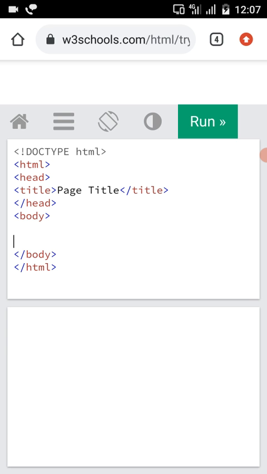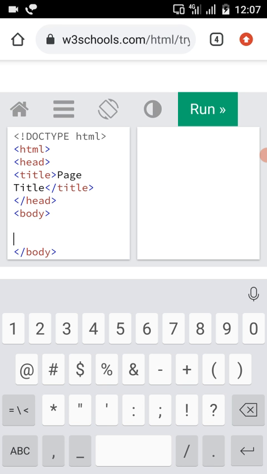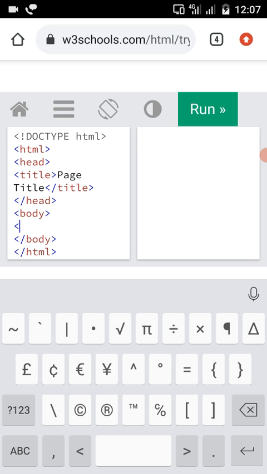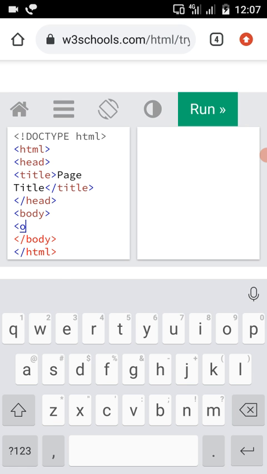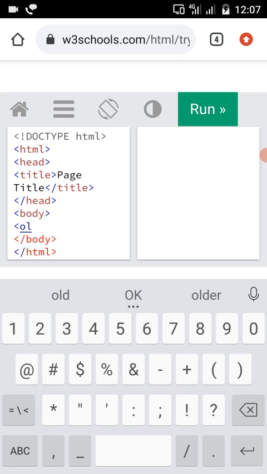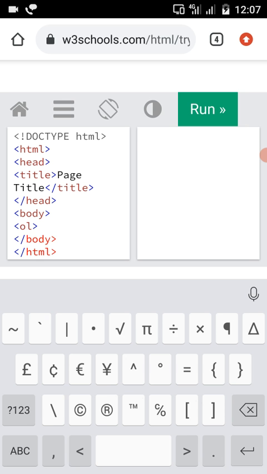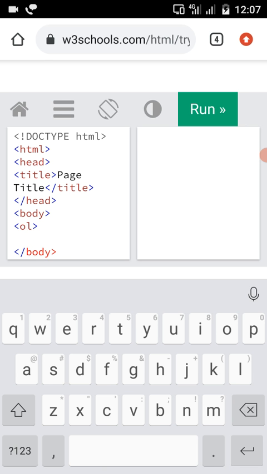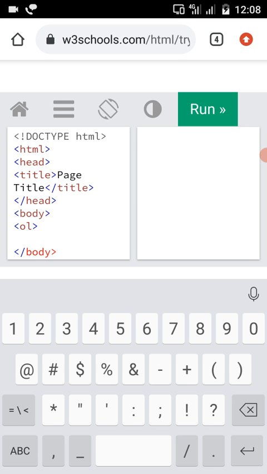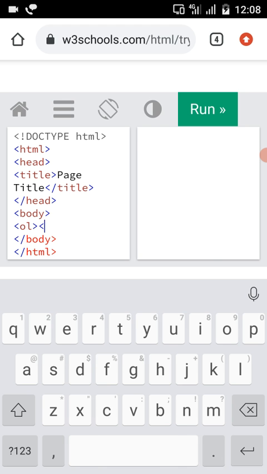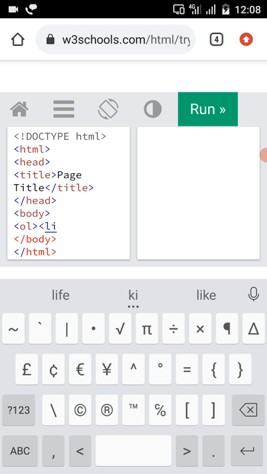Let us look into the example. So if we want to start with a list, you have to type a tag called OL tag, and after the OL tag, for making a list of items, you have to use a tag called li tag. For each and every list item, you should use the li tag before that.